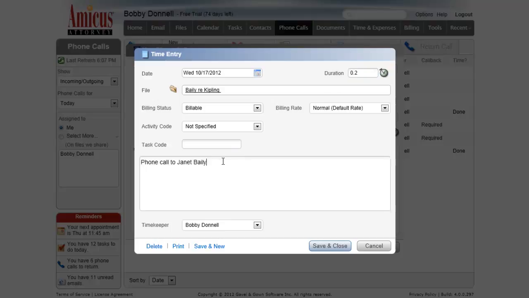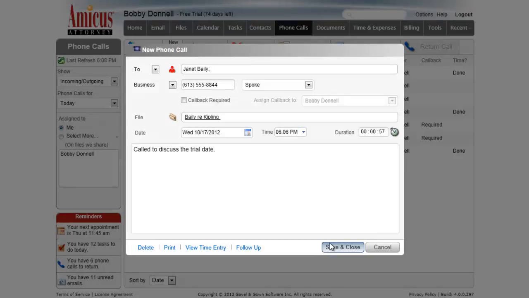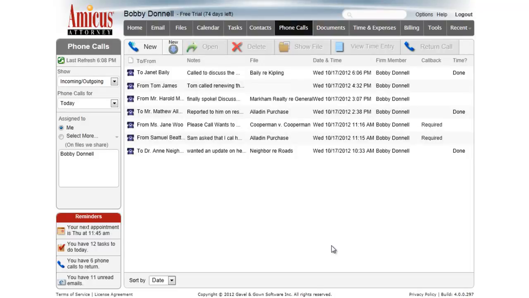The notes themselves are already filled in, indicating that this was a phone call to Janet Bailey. Of course, I can add additional information if I wanted that to be included on the timesheet itself. But just clicking Save and Close, the time entry has been created, and let's click Save and Close once more, and that phone call is done. So that now appears in my list of my incoming and outgoing calls, and there it is, the phone call